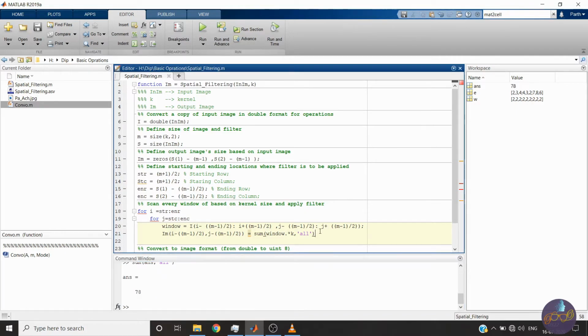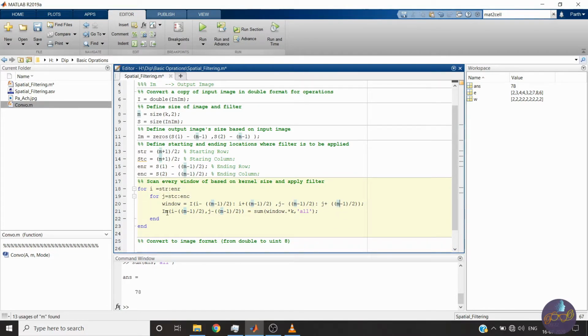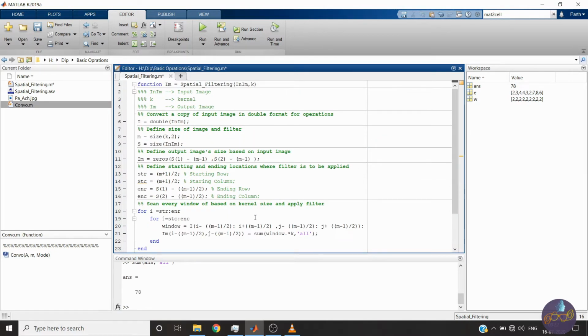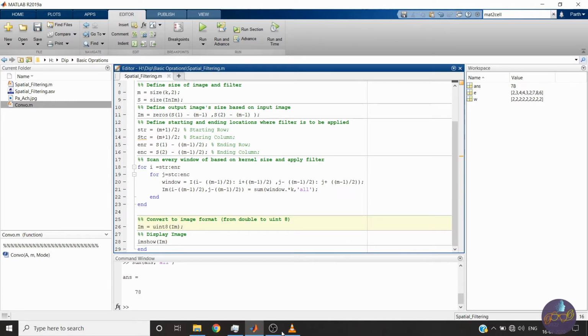In this way it will give us the sum of all. That's it, we have done our job. We will end these two loops, and now we'll have this IM output, which will be exactly as required. Let me now convert it to the unsigned integer 8 format. I think there are no errors. We'll just test.